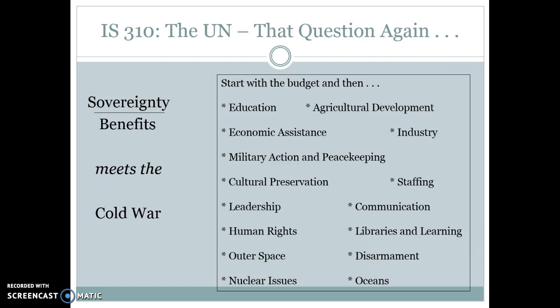Now, some of this goes right along with what our interests are, but in a situation where you have the ability for the Soviets, for example, to veto something we're interested in the Security Council, or for all the states in the world to vote in the General Assembly or the Economic and Social Council or in a host of other locations, they can vote to do things with our money that does not please us. And that question of sovereignty over benefits becomes one that bothers people in the United States quite a lot in the Cold War. So I've listed a whole bunch of things here that generated controversy during the Cold War